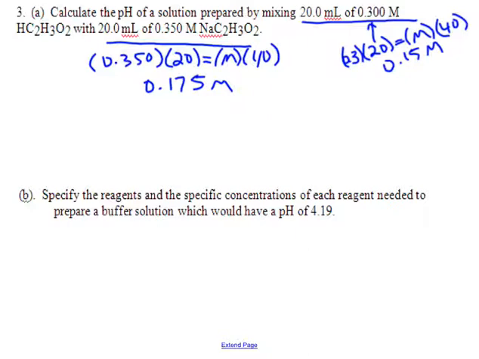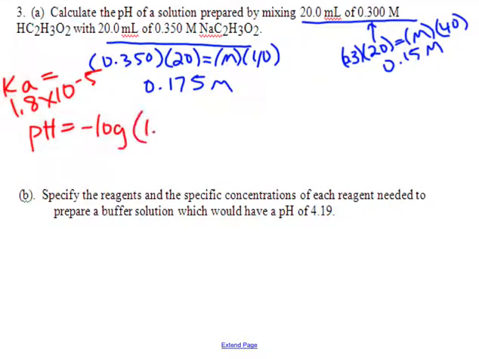Okay, so now we have our concentrations after mixing happens. Do we agree that this is a buffer? Yes, we have acetic acid, which is our weak acid, and sodium acetate has the acetate ion, which is the conjugate base to the acetic acid. So what version of Henderson-Hasselbalch do you want to use? The acidic one, right? The Ka of acetic acid is 1.8 times 10 to the negative fifth, which is the same as the Kb of ammonia. So we get pH, Henderson-Hasselbalch acid version, equals minus log of 1.8 times 10 to the negative fifth, plus the log,